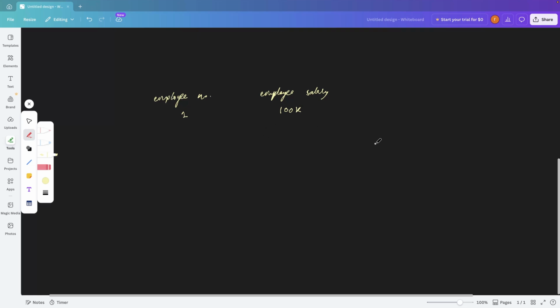Now tomorrow salary changes. So this was only valid till, let's say, 30 April 2026. Now on the 1st of May, salary has changed. So for the same employee, now the salary is 200K. This employee's, let's say, start date was 1 Jan 2025. So from 1st Jan 2025 till 30th April 2026, salary is 100K, but from the 1st of May 2026, salary